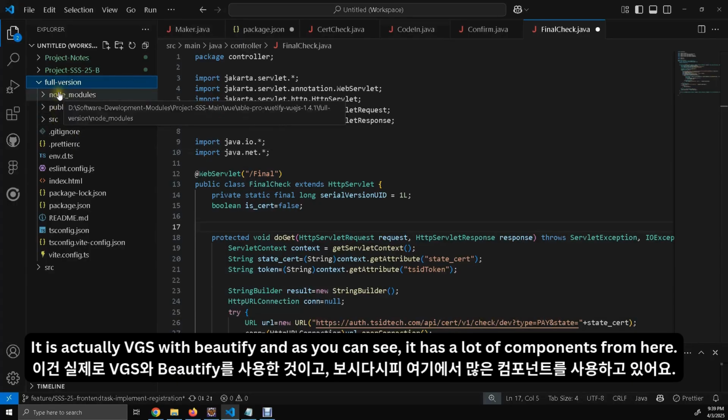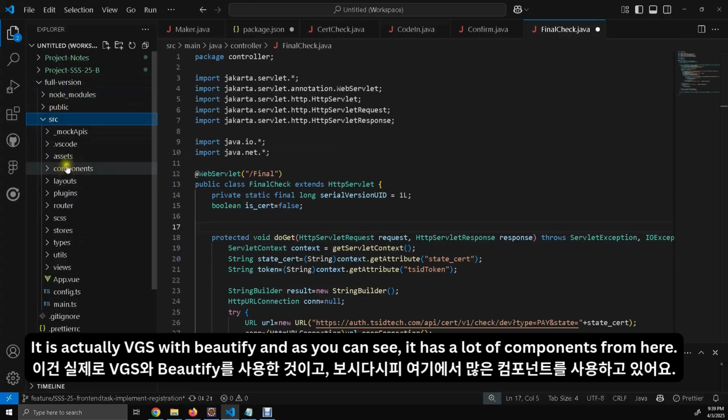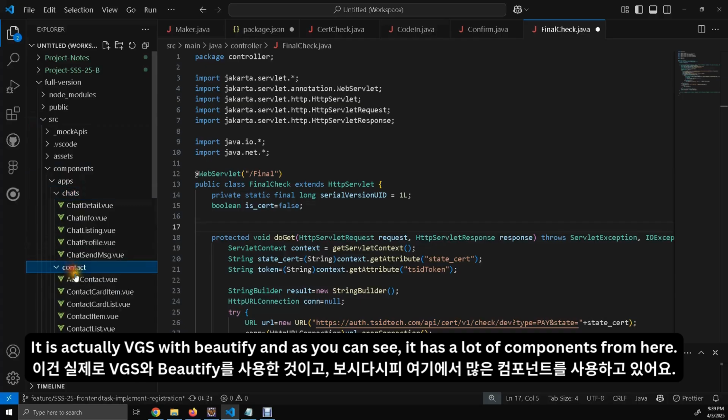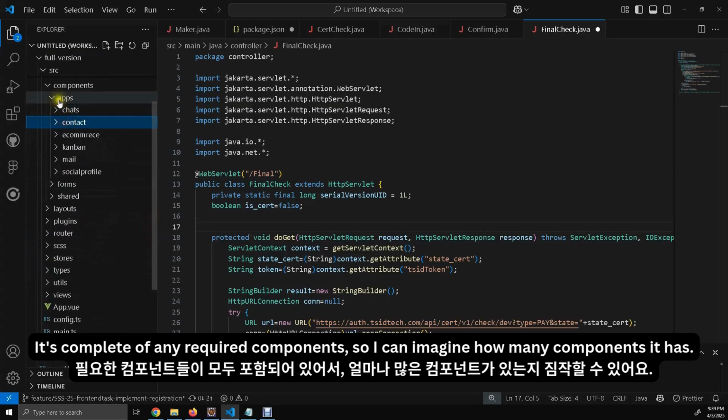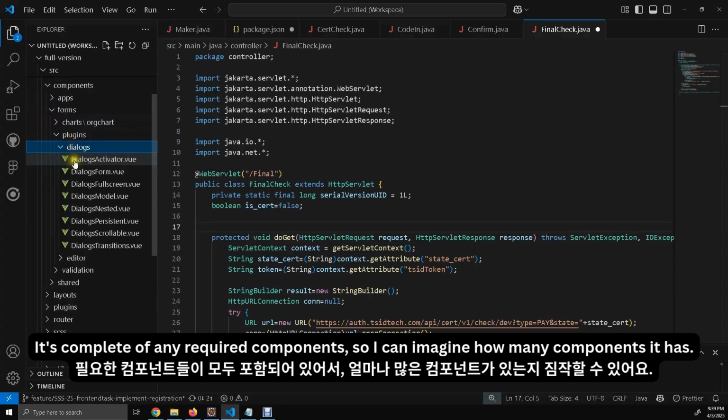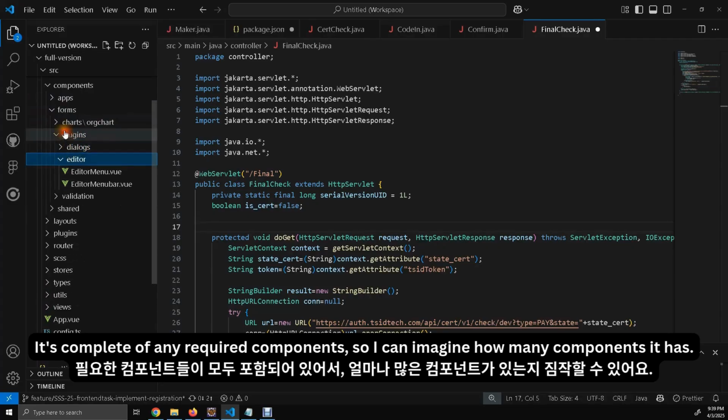It is Vue.js with Vuetify, and as you can see, it has a lot of components. It's complete with any required components.